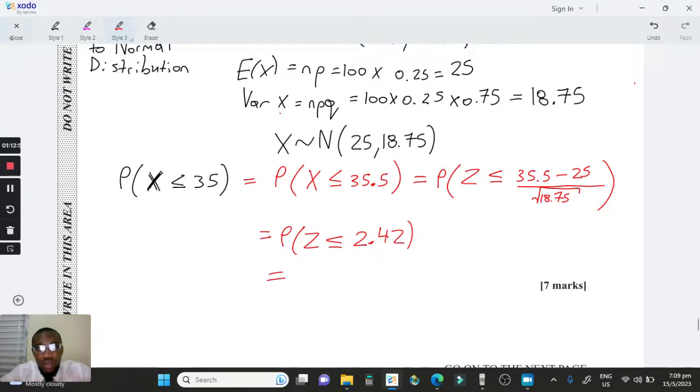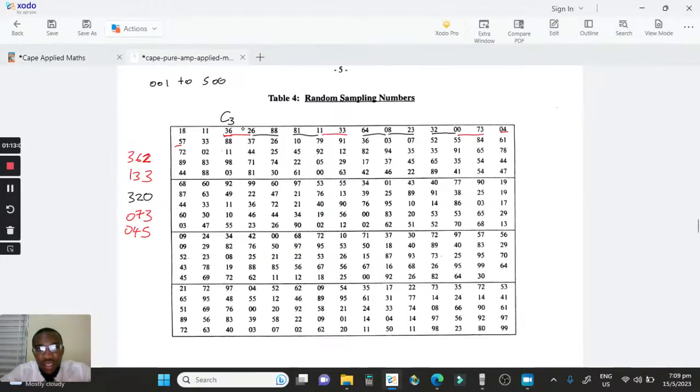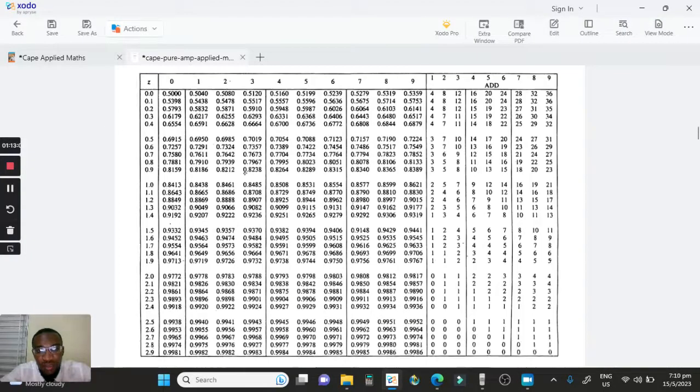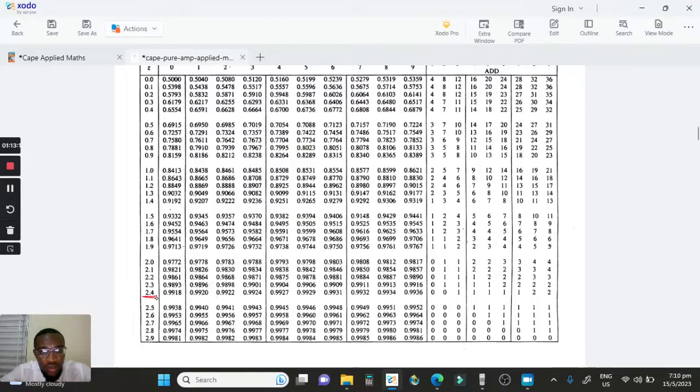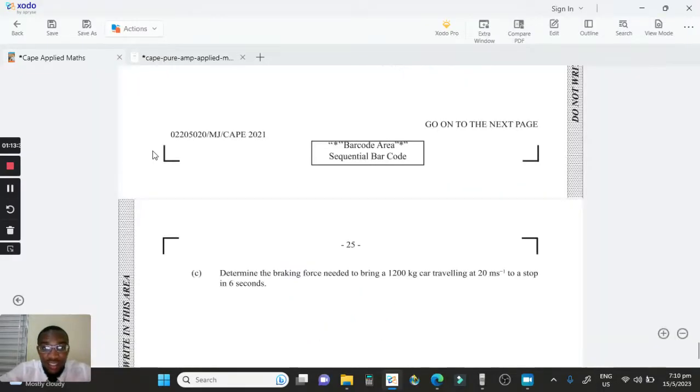Then we'll go into our normal table now. Which page is the normal table on? Here's the normal table, and we're looking for 2.42. This is 2.4, 2.42. The overlap right here is 0.9922. So that's our answer, 0.9922, which is approximately 99.22%. So there's a 99.22% chance that,